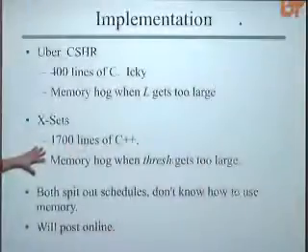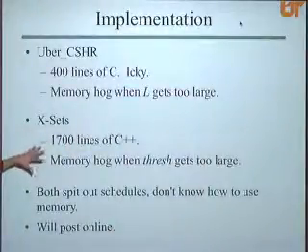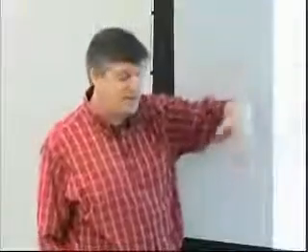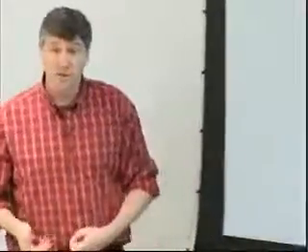The X-Set one is much longer because I had to implement that stupid Edmonds general matching algorithm, which is hard. That's a lot of the 1,700 lines. And also, you're keeping track of a lot of stuff with that X-Set stuff. So that's about 700 lines. It's a memory hog when the threshold gets too big because you have to keep around all those extra X-Sets. There's no real way to reduce that. So that's when it starts blowing up in memory.